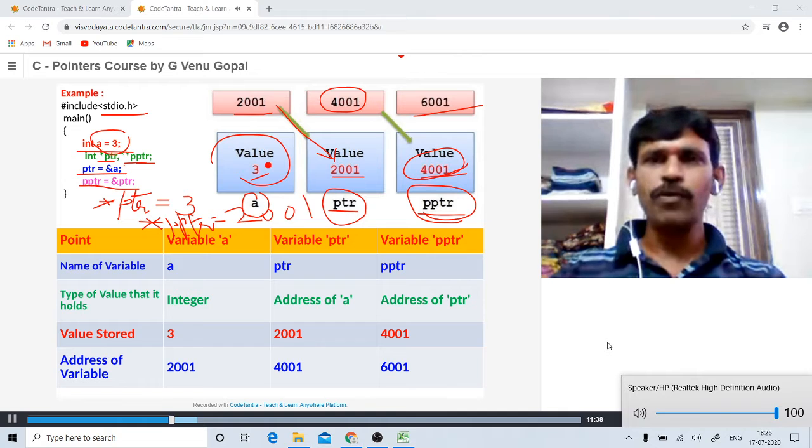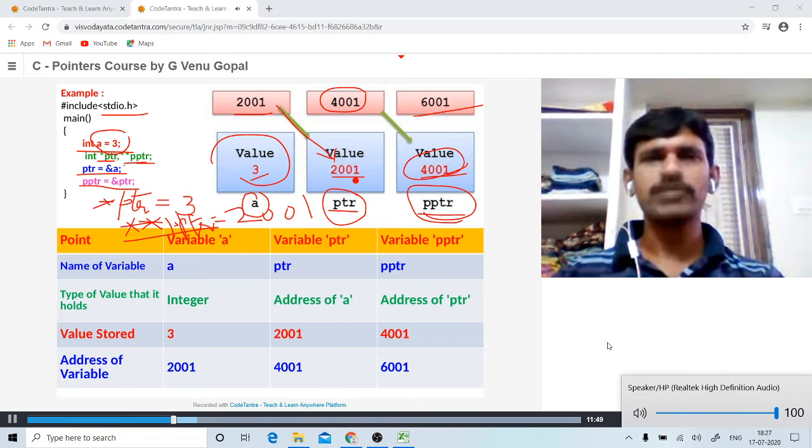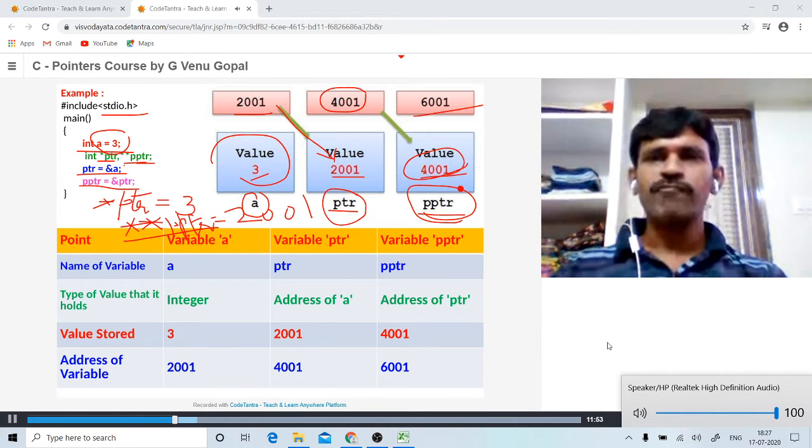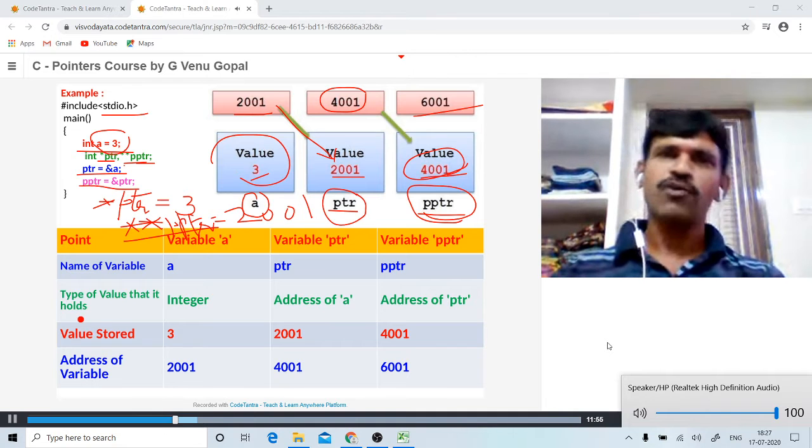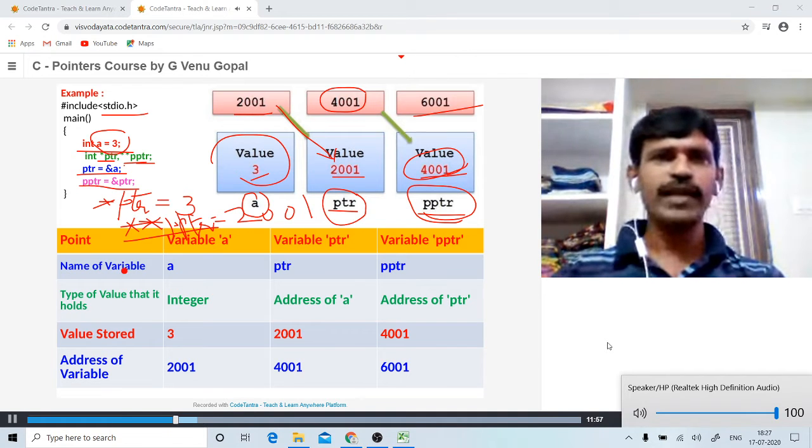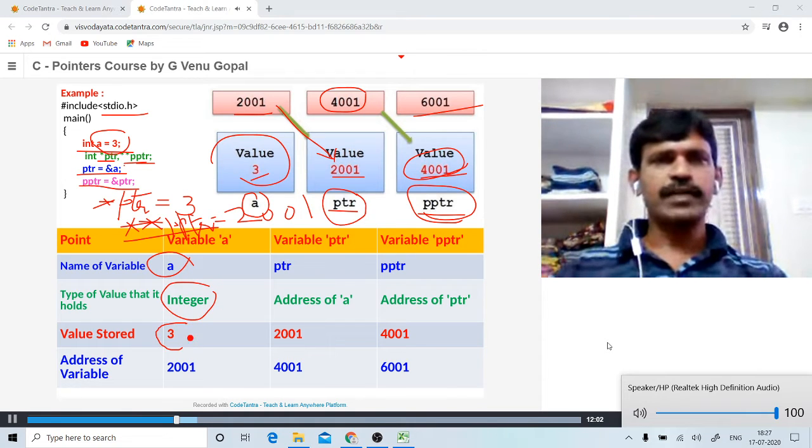Suppose if I want to get the value of a using this PPTR, I have to use double asterisk PPTR. When I use this notation, it will be accessing the value at this address, so we will get 3 in this case. So the name of the variable is a, it is of type integer, the value stored is 3.